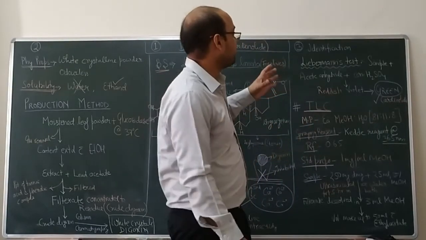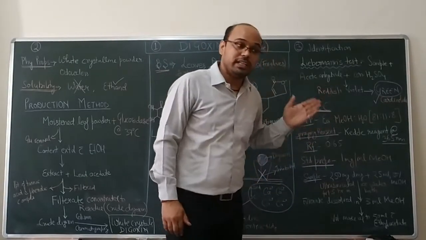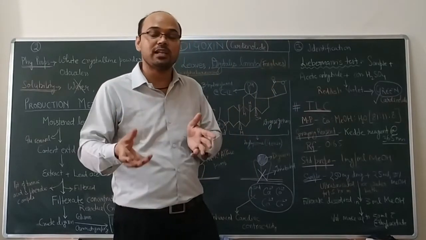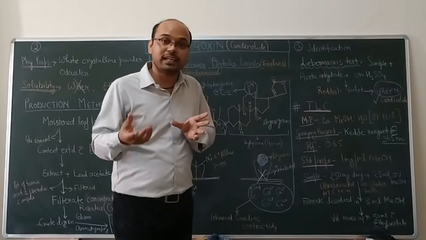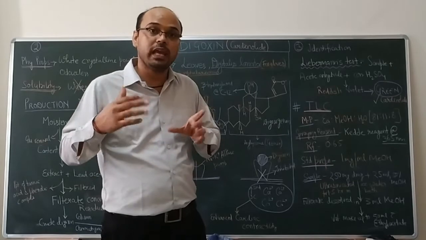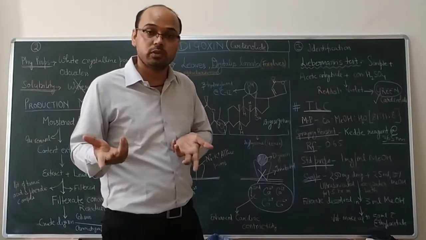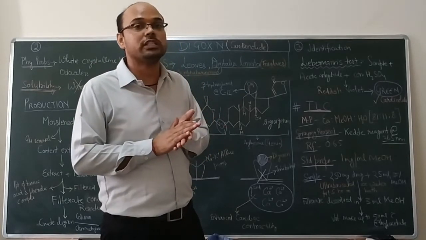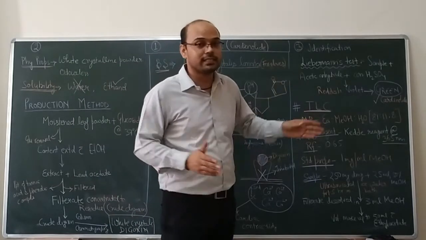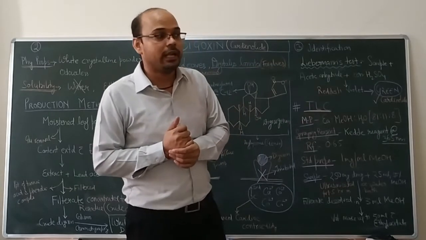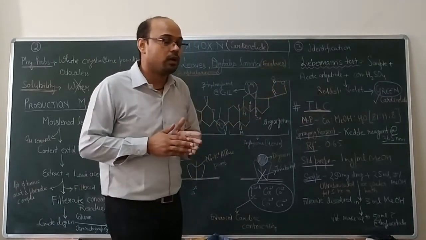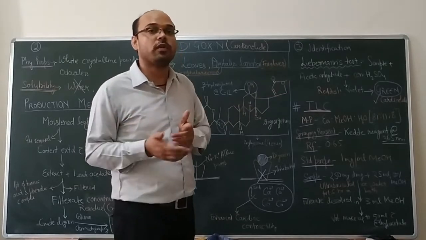Moving on to the identification part. It is very important to know what we have isolated, whether we have isolated exactly the same phytoconstituent which we intended to isolate. For that we can use a specific chemical test for cardenolides. This test is called the Liebermann test, and there is another test called the Liebermann-Burchard test. The Liebermann test is basically employed for detection of cardenolides.